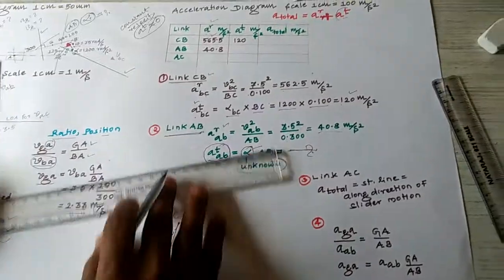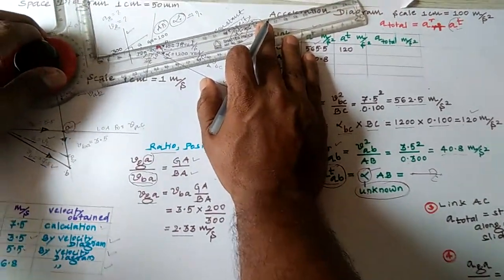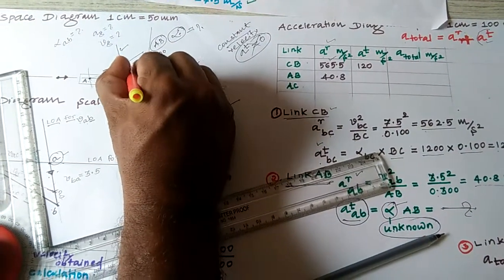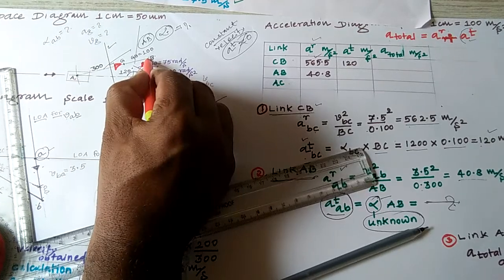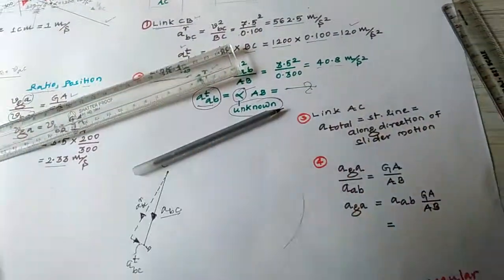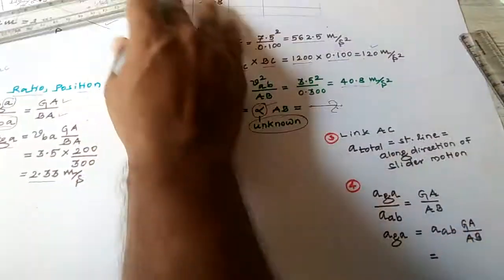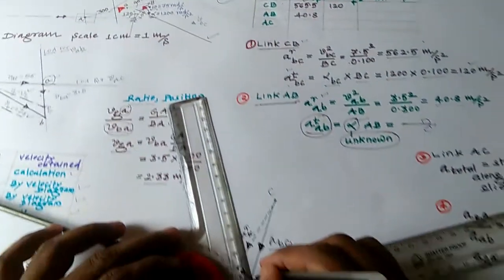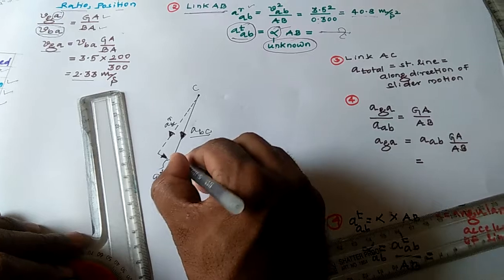How to go for the radial? Radial is along the direction. You make it in alignment with this one. At the same time, which direction? This is acceleration of A with respect to B. Whatever the point after B, it has to be on the right side. You have to draw it on the right side. I draw it on the right side here. Alignment. How much is this one? It comes as 0.4 centimeter.